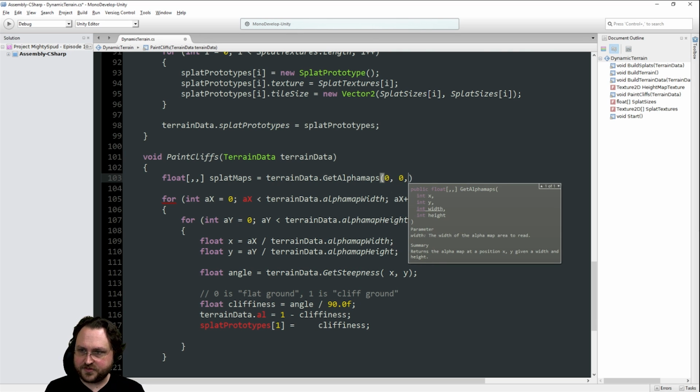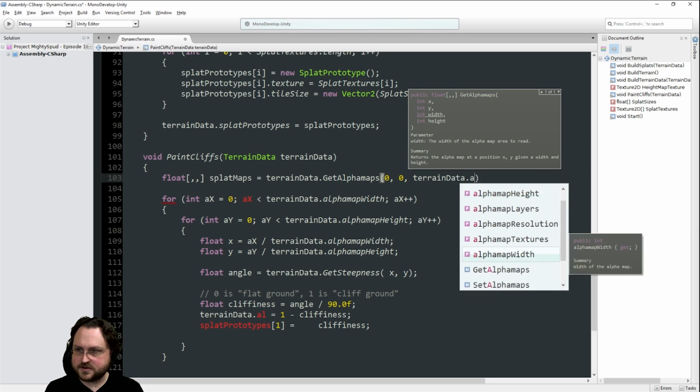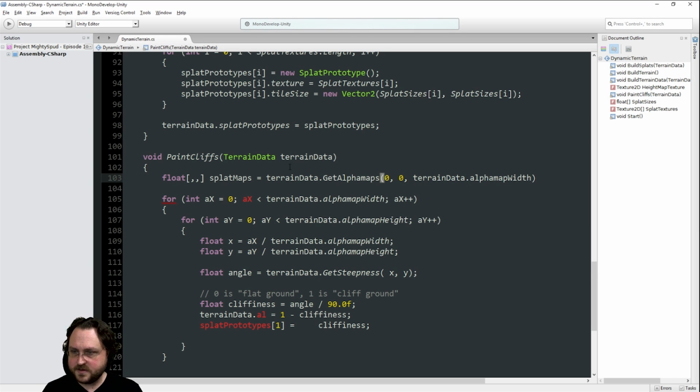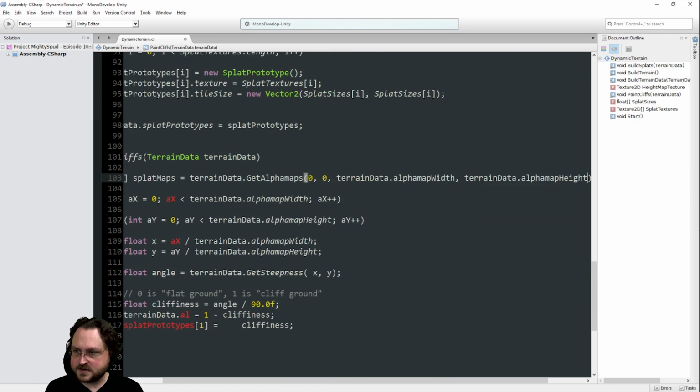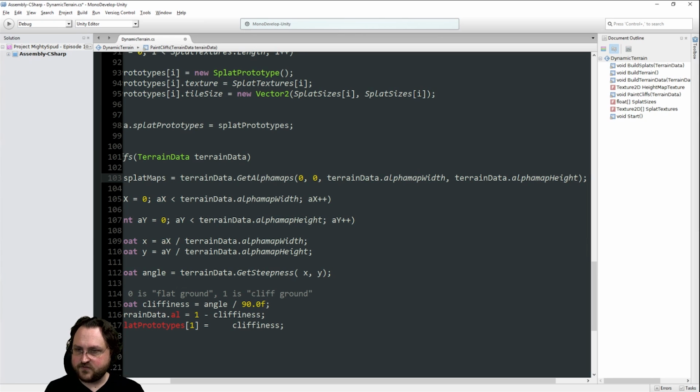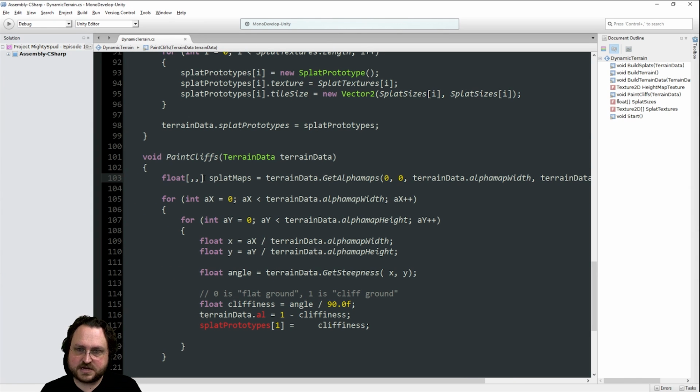We're going to get it for the whole thing. X and Y is this. The width is the terrain data dot alpha map width. And then the height is terrain data dot alpha map height. So we're going to get the full alpha maps. It's going to be a set of 3 arrays where this is the value, X and Y coordinates followed by the index of the splat.